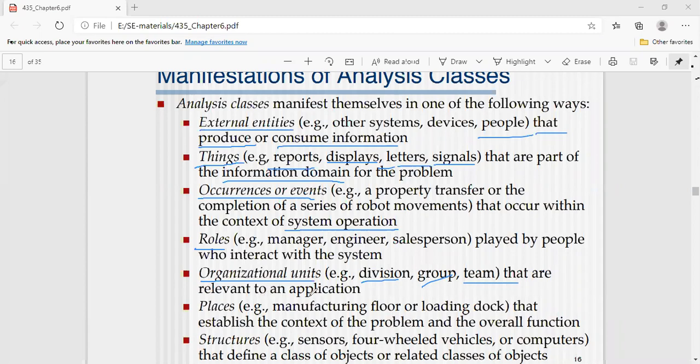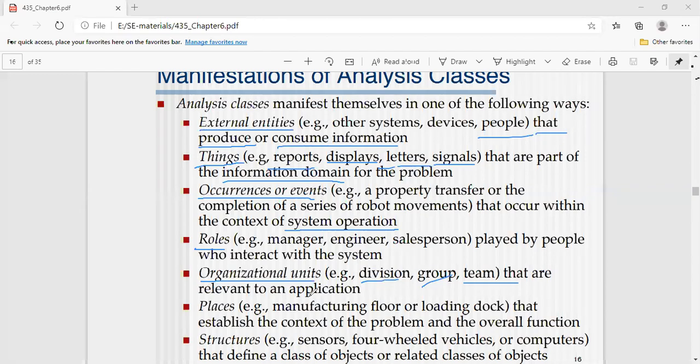Suppose sometimes we have block 1, block 2, or team 1, team 2, or if something has a group of institutions, in the sense group 1, group 2, like that.